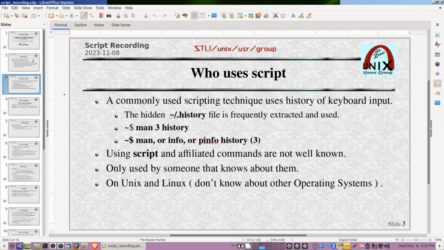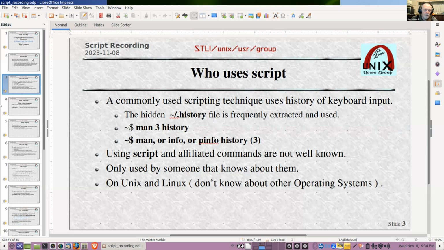It's in your hidden history file. If you don't know anything about that, you should look at the man page for history, either man or info or pinfo. Using script and affiliated commands are not well known. I've known about it for a long time. If you don't know about it, you don't use it.